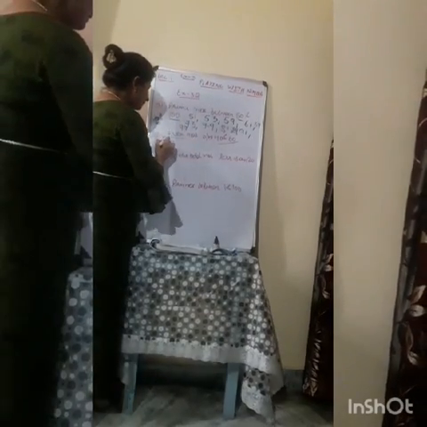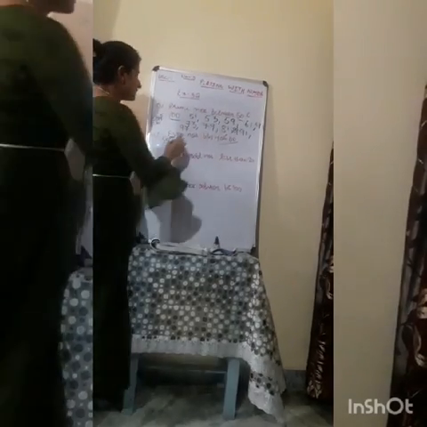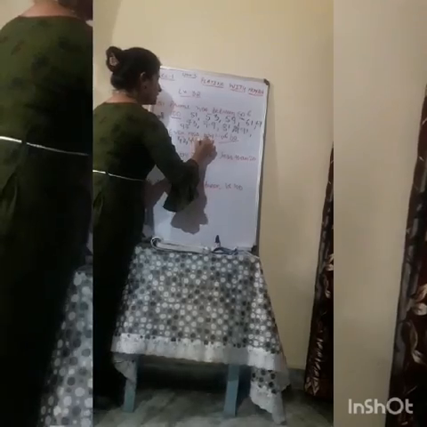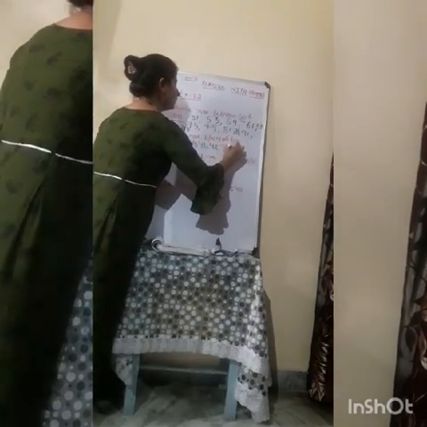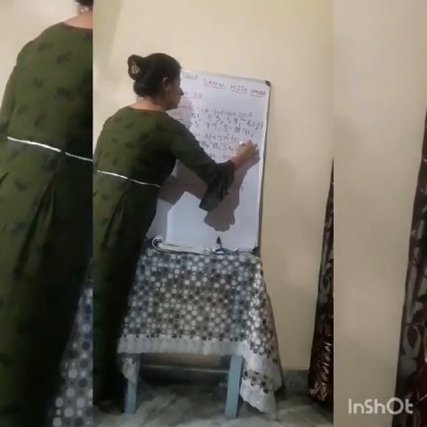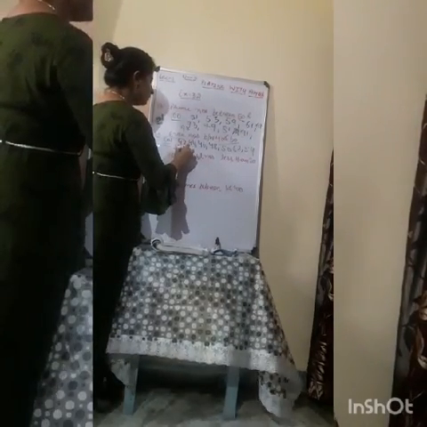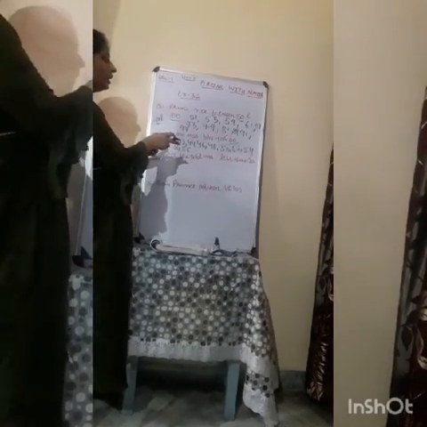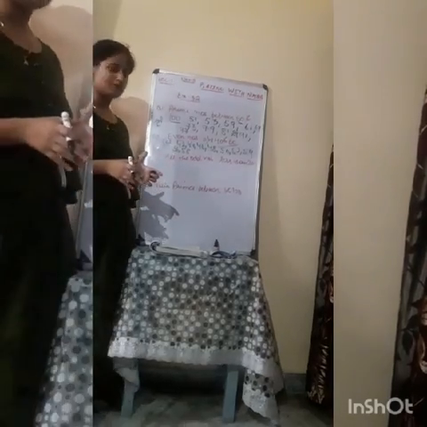Okay? Let's start. The even numbers between 40 and 60 are 42, 44, 46, 48, 50, 52, 54, 56 and 58. Okay? That was all you have to do in this question. Hope you all get this what I am trying to say.